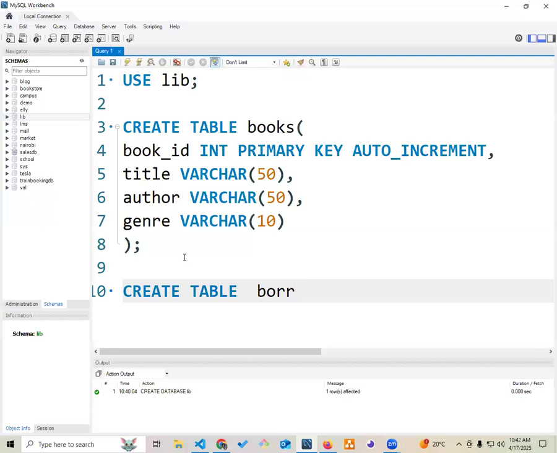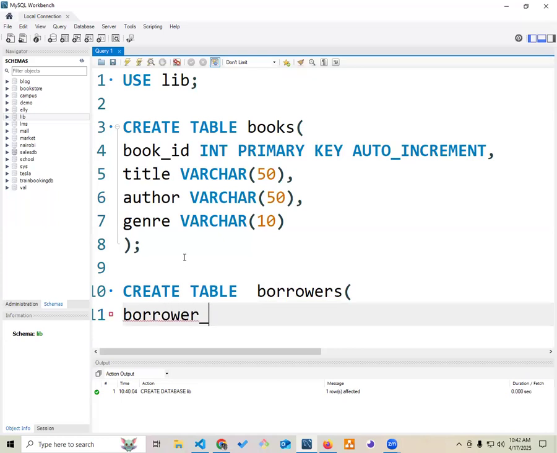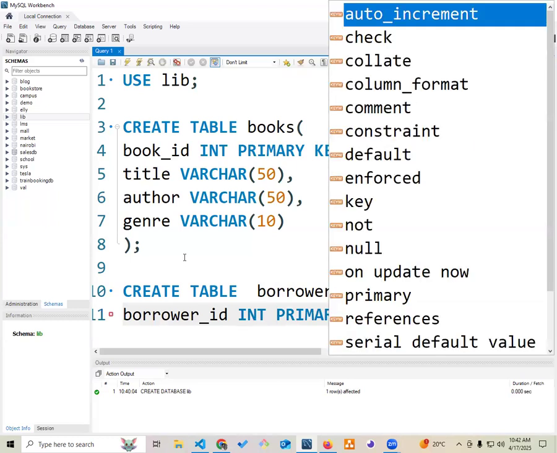Okay, this name is too long. Like that, and then borrower ID is going to be an integer. Constraint primary key, then auto